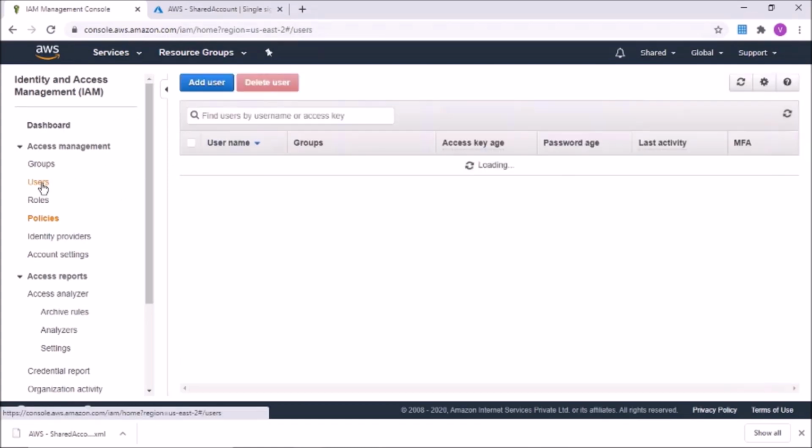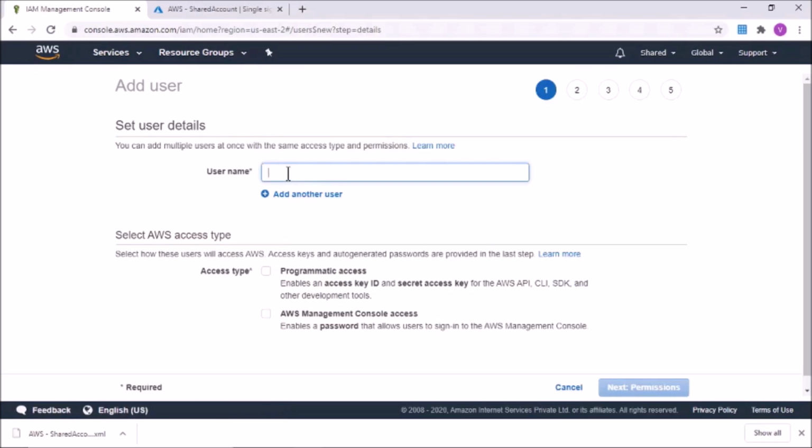Now I have to create a service user. You might ask, if we already have the users John and Michael in Azure AD, why do we need to create a user in AWS? So the service user which we are creating in AWS, this user will have the access permission only to list the roles. We will provide this service user account to Azure AD so it can pull the role from AWS to Azure. I will show you how we can pull that. So first let's create the user.